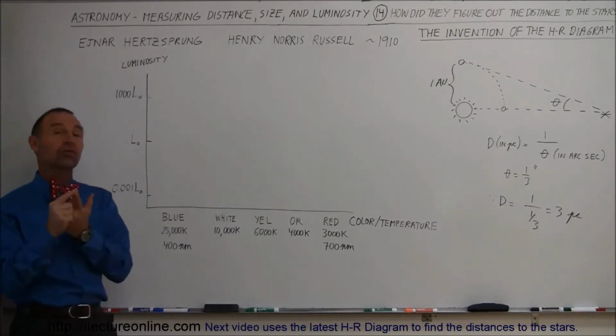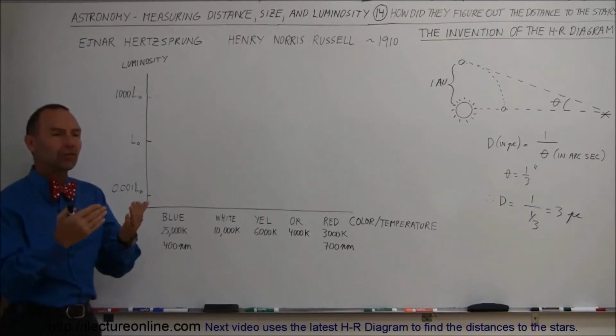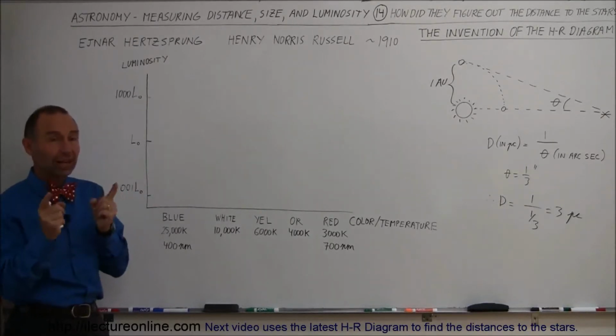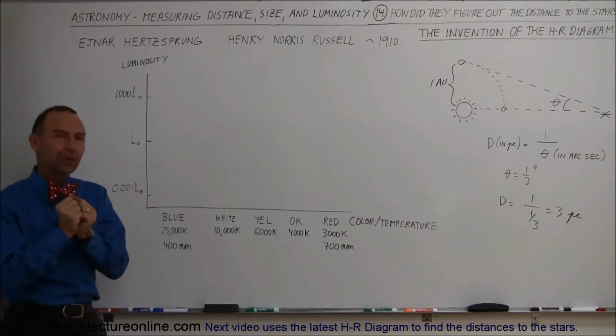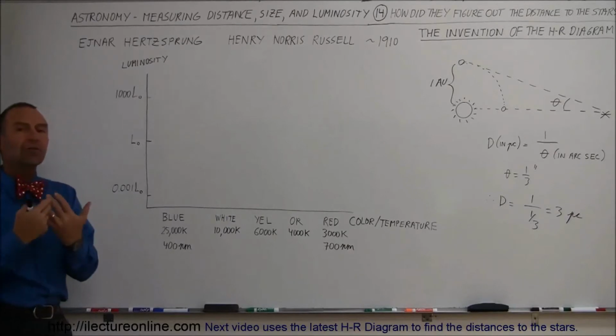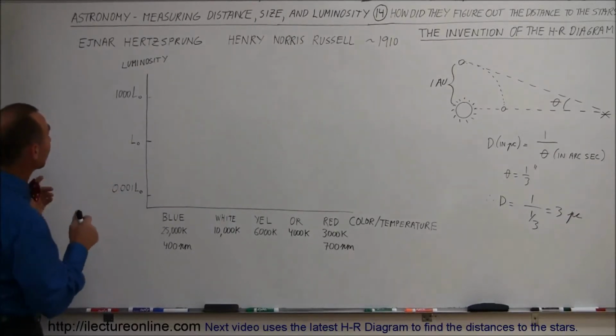Now once you know the distance to the star, and you know the apparent magnitude or the apparent brightness of the star, you measure how bright the star is, you can actually figure out how bright the star really is, not the way it appears to us, but the way it really is. You can actually figure out the luminosity of the star. Well, they did that. Well, who did that? Well, it turns out there are 2 individuals,